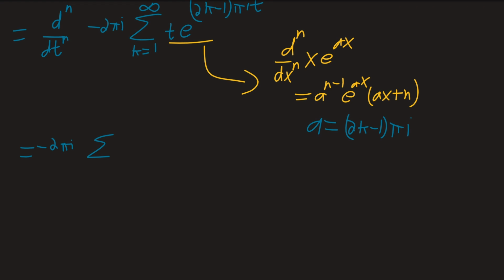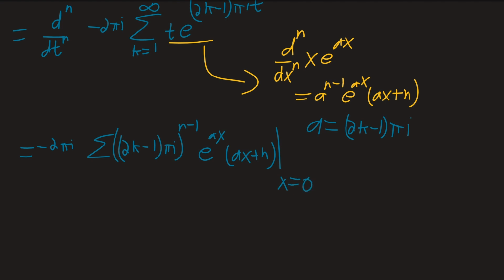So just subbing that in, what we end up getting is 2k minus 1 pi i, and then to the, what is it, n minus 1 times e to the ax. I'm writing it like that for a specific reason, don't worry. Times ax plus n. And I'm keeping that in terms of a because we do have to remember this is being evaluated at